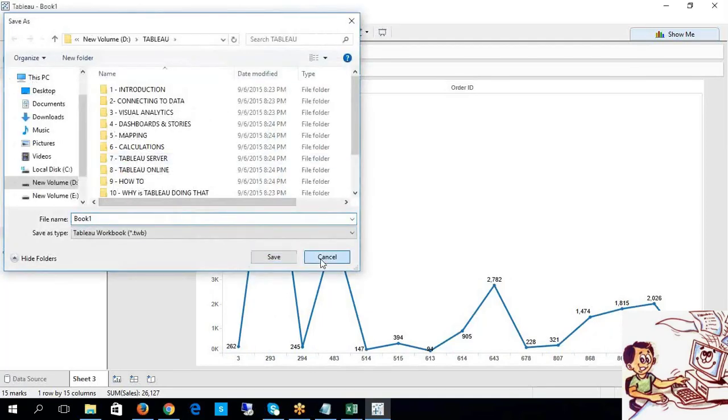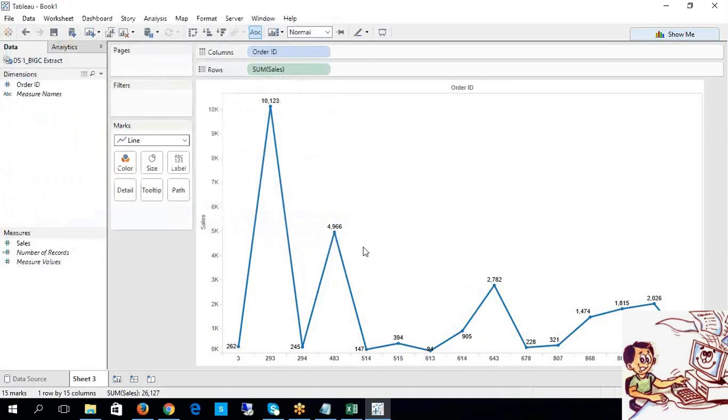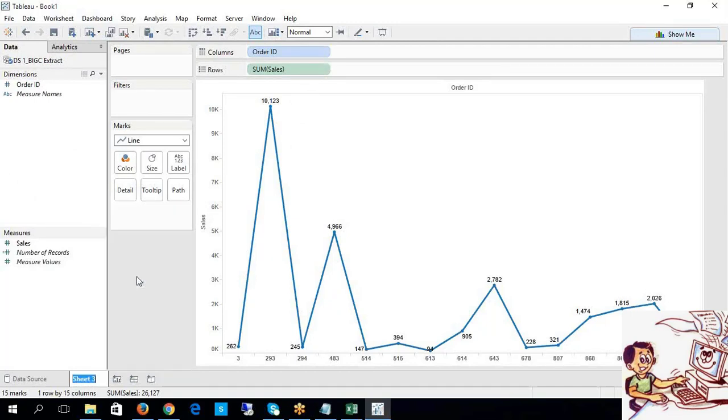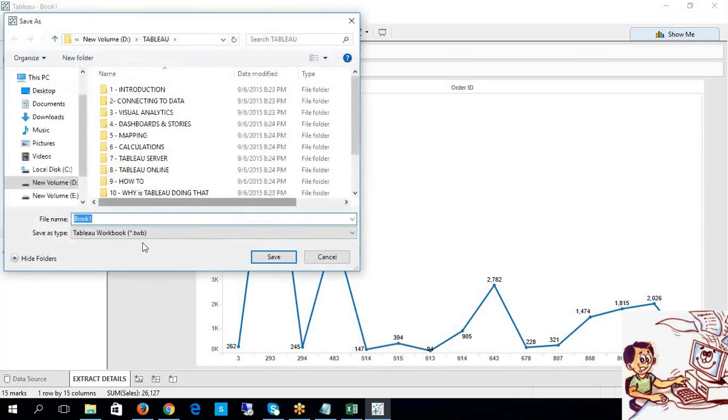Now look at this, guys. Whenever I save my workbook, or you can call it a worksheet, you have to give it a proper naming convention. Whenever I save it, what is the extension of a workbook? TWB. TWB is the extension of a workbook, so don't forget this.